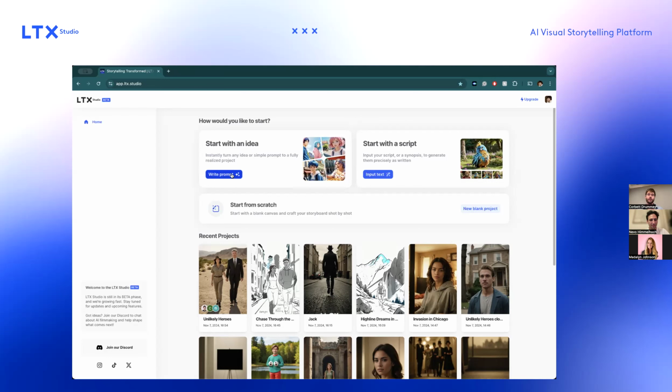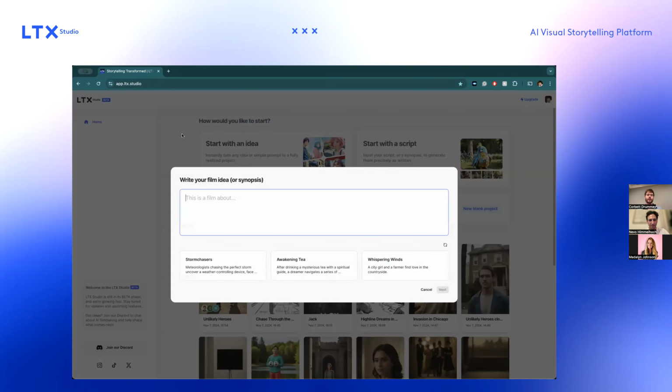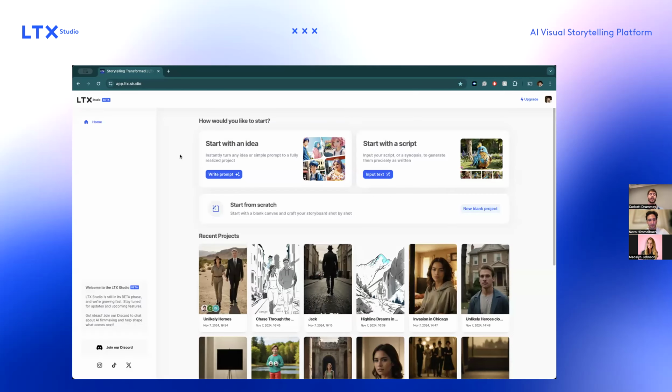For the folks that have been looking at this the longest, you're probably familiar with this. Starting with an idea, you can enter a blurb here, kind of like ChatGPT, and the difference is, it'll get you a full project and not just a single video. That was our initial way of starting projects, but we've added two more in the last few months, which is